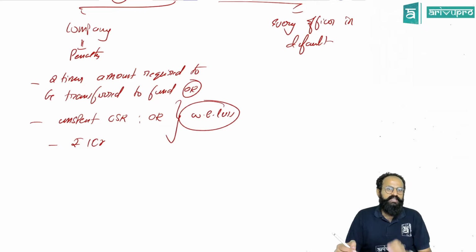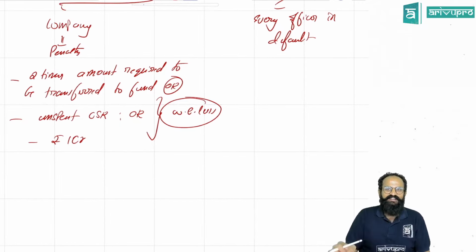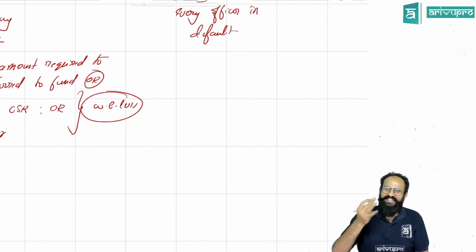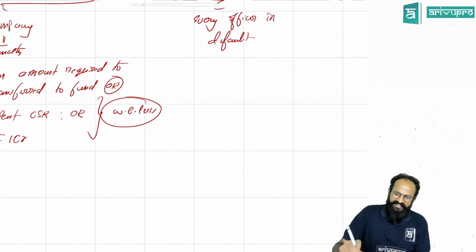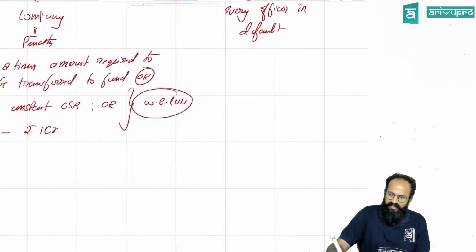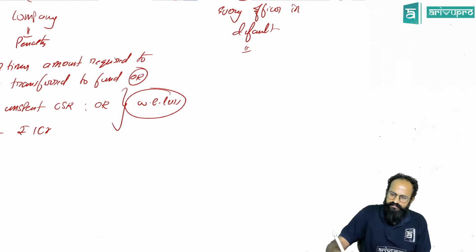Now take Ankit's case. 14 lakh, his CSR was. So 14 lakh into 2, how much? 28 lakh. Unspent CSR, imagine I spent 7 lakh, another 7 lakh or 1 crore rupees, whichever is less. Ankit will pay 7 lakh. I will not pay anything, sir. Yes, sir, done. Okay. Next one, company.